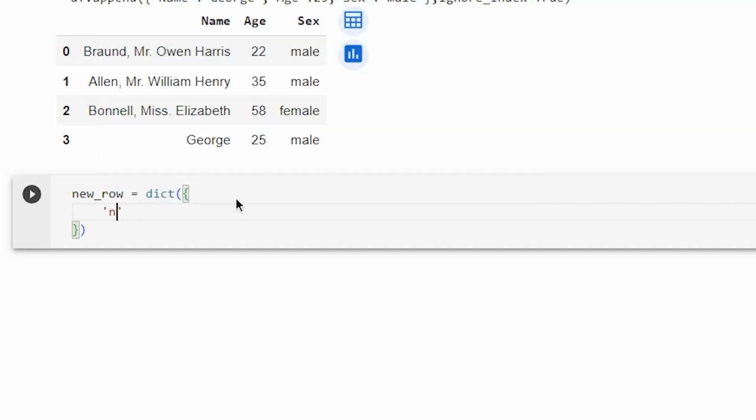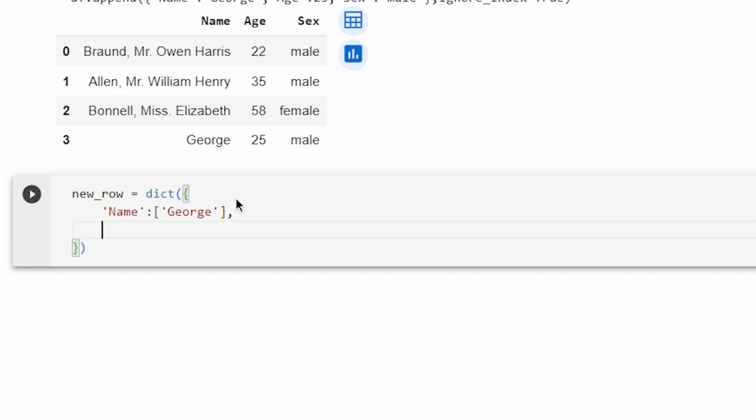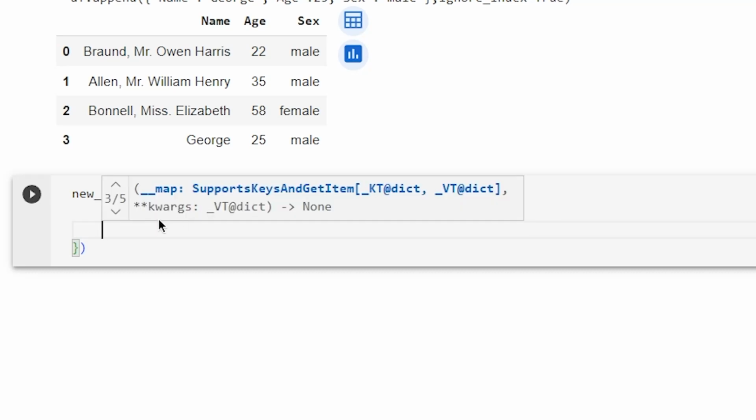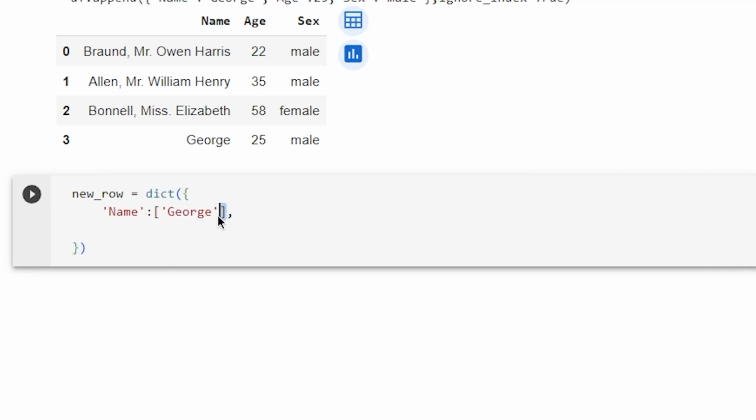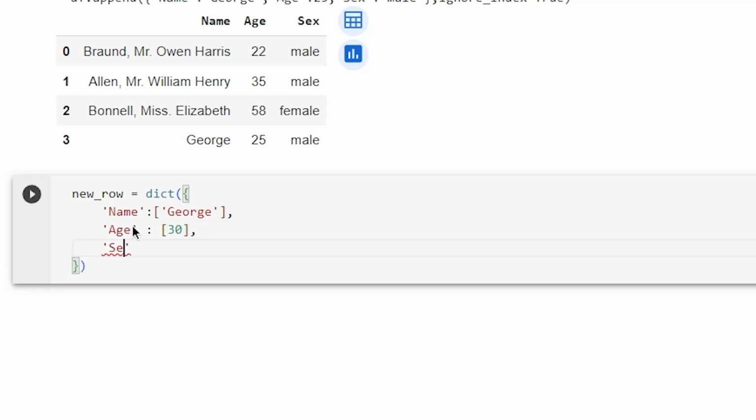So for the name column, we want George. And right now in this case, you want to use the list specification using the brackets. Then you want age, and age will be equal to 30. And then you want to specify the sex of George, and it will be